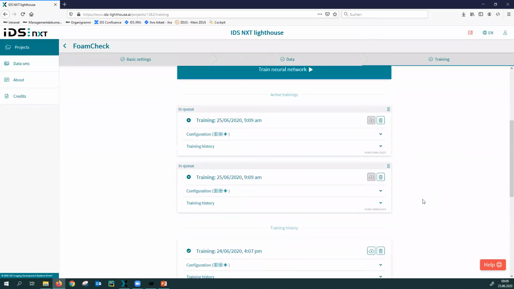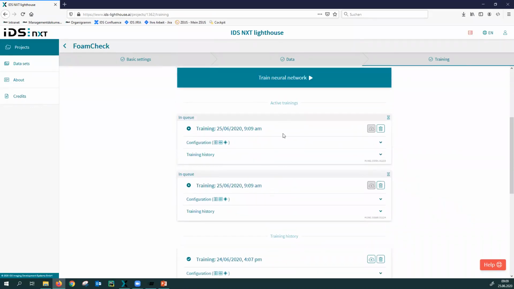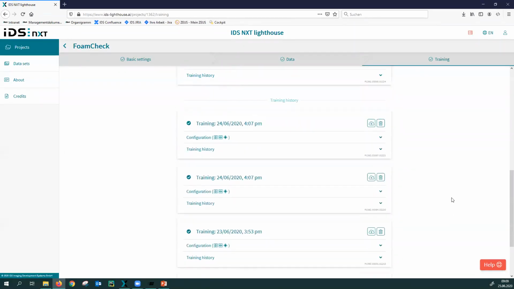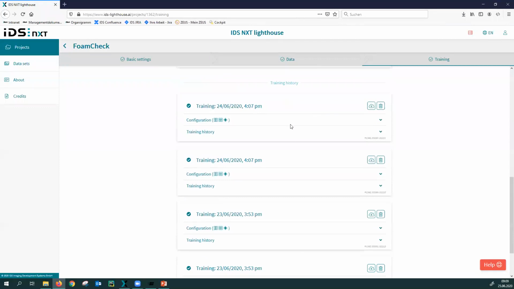And now these trainings are queued here and are waiting to be started. We'll have to check the timing of this presentation. I hope these trainings will be finished by the time I get back here, and we can use the trainings I've prepared here. If that's not the case, I already trained a few neural networks in the past and the networks are still accessible. I can always download them. You can deploy these models as often as you like.